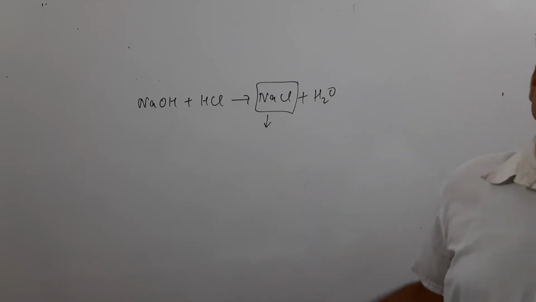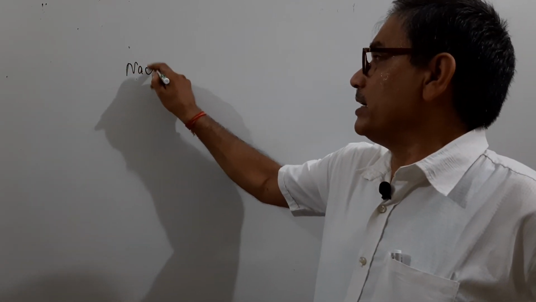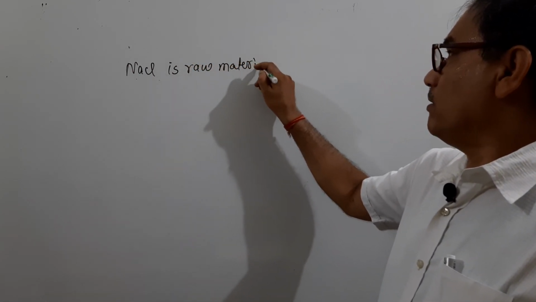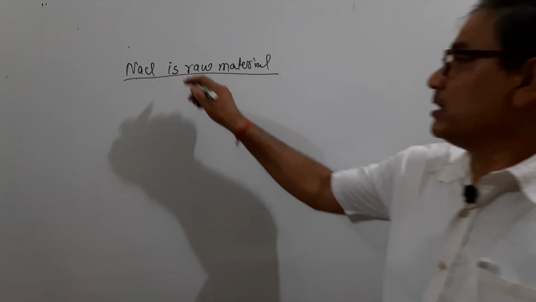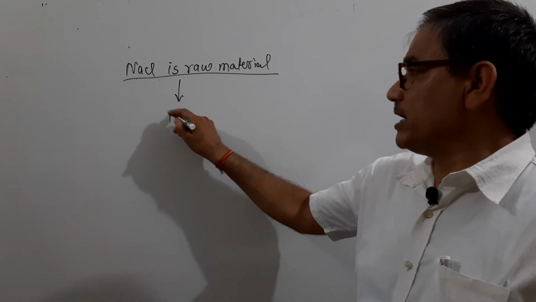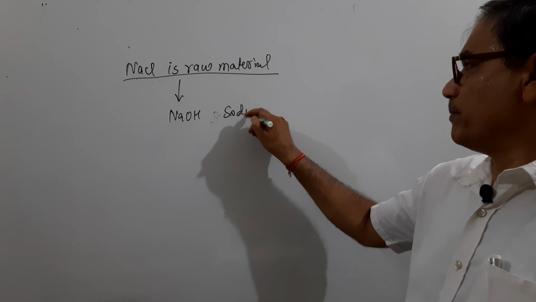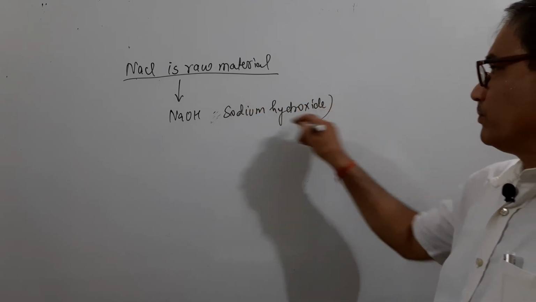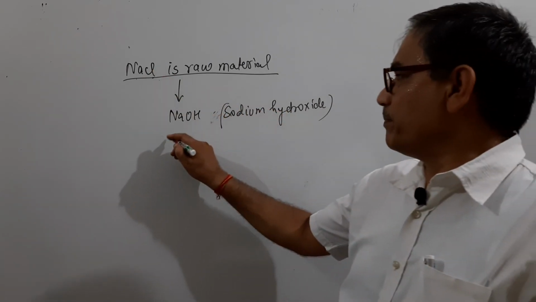The different substances or compounds we will obtain from the salt. NaCl is the raw material. Raw material means we can form different products from the NaCl. First is NaOH, alkali, sodium hydroxide. We can prepare sodium hydroxide from NaCl, and we can prepare